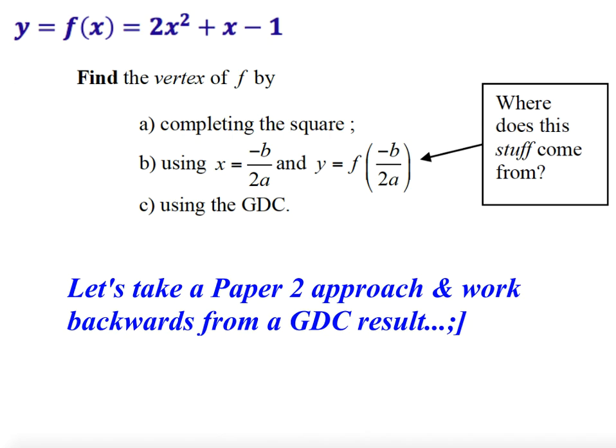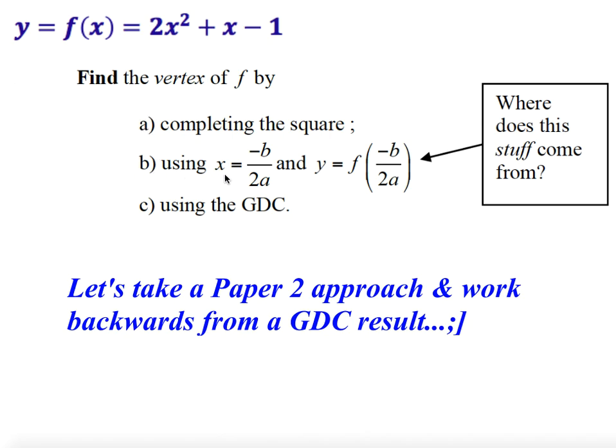Okay, let's get this quadratic functions party started. We're going to spend a lot of time just focusing on the ins and outs of the vertex of this function f of x equals 2x squared plus x minus 1. The vertex, of course, being the turning point. So either we're concave up or we're concave down, and there's some kind of a turning point, which we can achieve by way of completing the square